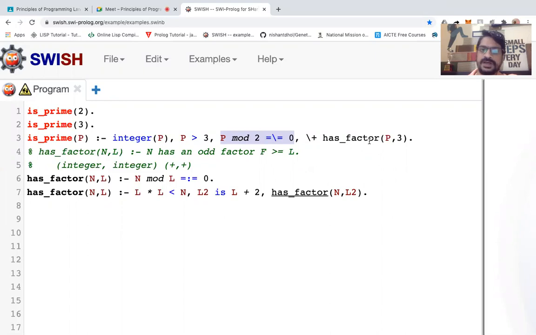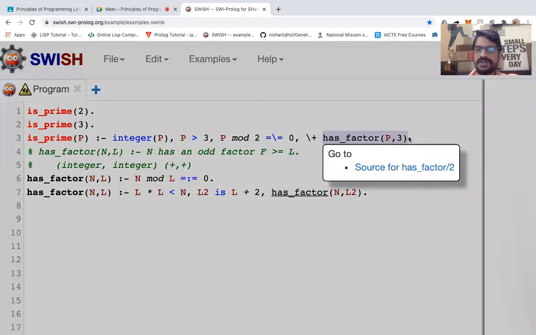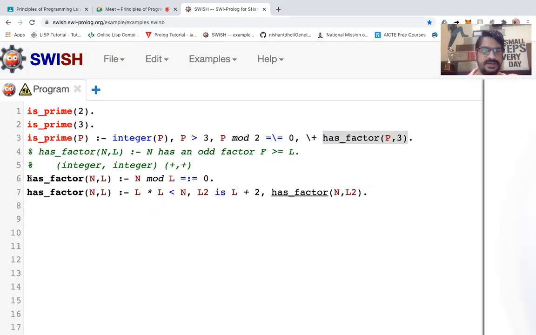Means if integer is a odd integer, so odd integer के भी कुछ factors हो सकते हैं. जैसे मान लो हमारे पास एक odd integer है 15. 15 is a odd integer, right? But there is a factor, means 15 could be divided by 5, 15 could be divided by 3 itself. So 15 को prime number बोलेंगे क्या, नहीं बोलेंगे. 15 is not a prime number, right? So we have to find out the factor, and this will give me the value true or false. So let's see इसका लॉजिक क्या है.